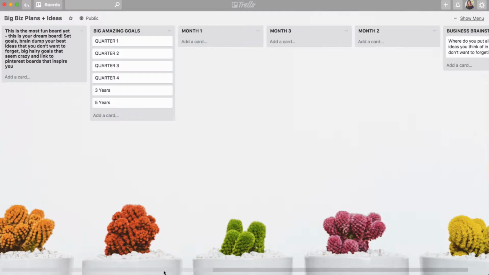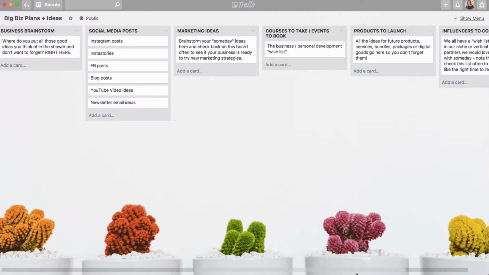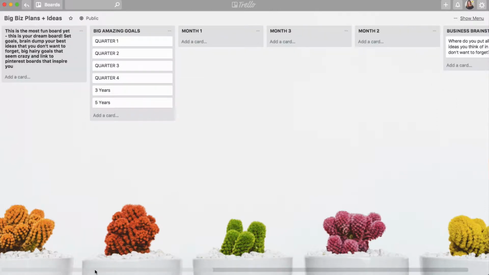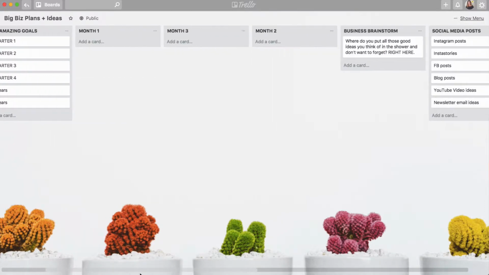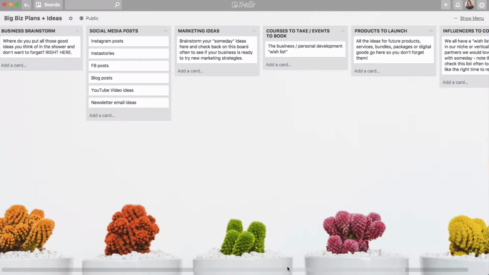And when I scroll over to the right, you can see that there are several different lists that you can work with here. Now, if you're anything like me, your business and your mind as an entrepreneur is full of great ideas that you don't want to forget about, but you can't execute them today. So this is going to be your brain dump